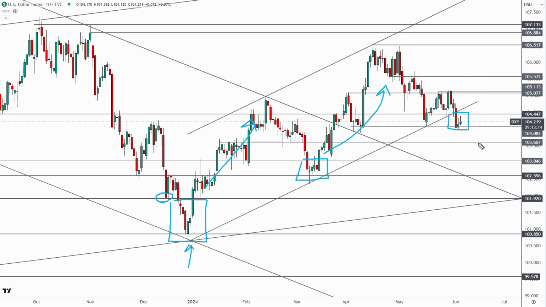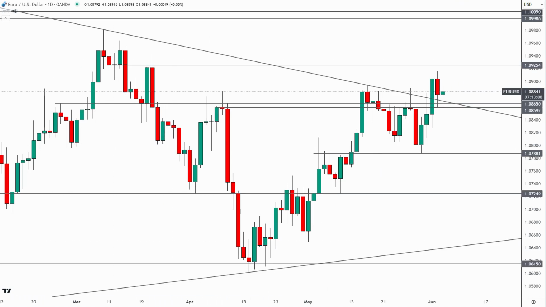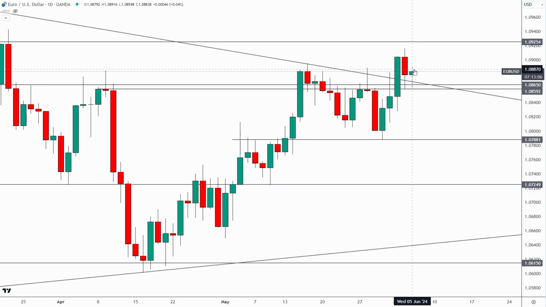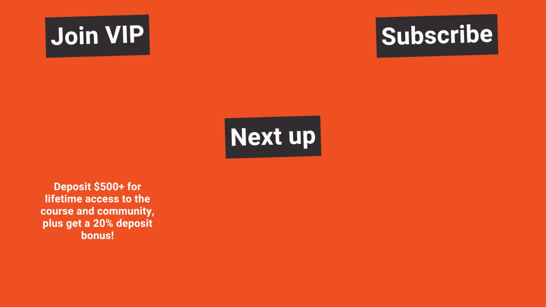Okay, so these are the key levels, guys, and the scenarios that I'm watching as we head into Thursday's ECB. But for the EURUSD, like I've mentioned, you can see it coming off a little bit here at today's high, but this area down here is the one to watch. If we were to get a daily close down here, that of course would be bearish for the euro. And if we get the market holding above 1.086 and reclaiming levels like 1.0925, then that could be bullish toward levels like 1.10.